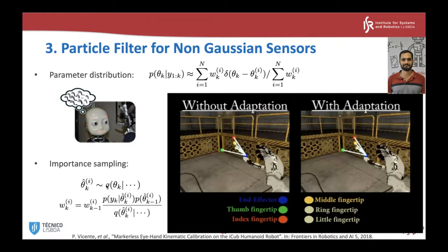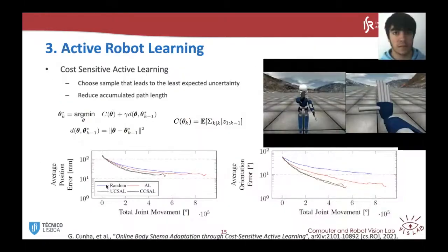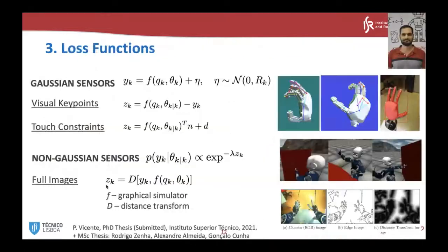And I think that the biggest innovation here is on the likelihood function that we use for these non-Gaussian sensors. So Pedro has looked at several ways of computing values for the likelihood when you have natural images, full images. So if you have two full images, how do you compute the likelihood of... one of the images is given by the graphical simulator that puts the end of the robot in some position, and now you have your true image. So how to